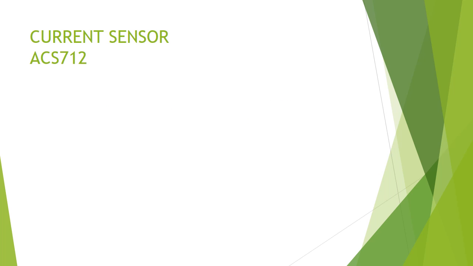Now next is your current sensor. As far as electrical engineering is concerned, this is quite an important parameter which we require in most of our equipment. This current sensor is generally available in the market with the name ACS712. Here we need not convert any other quantity into an electrical quantity. It's already an electrical quantity, but